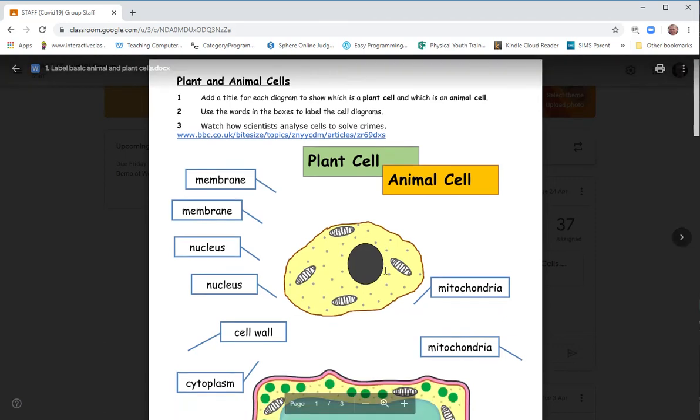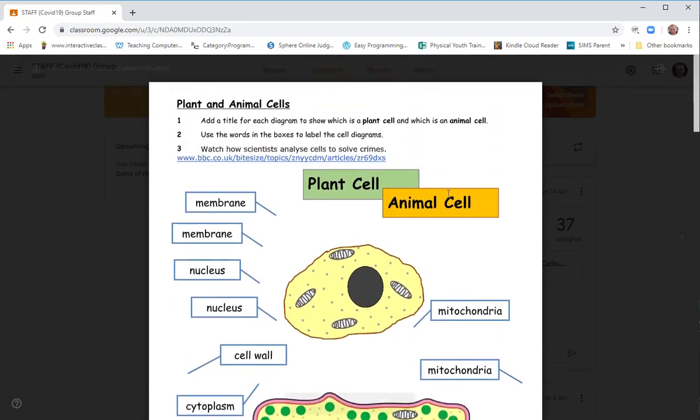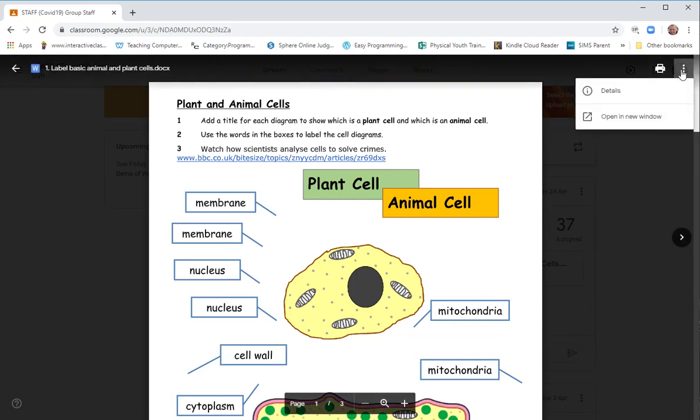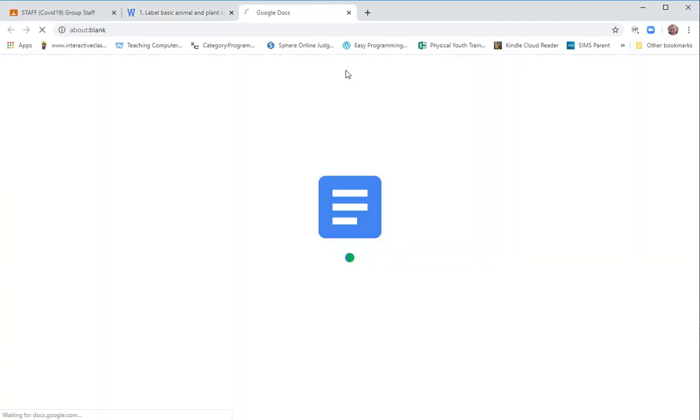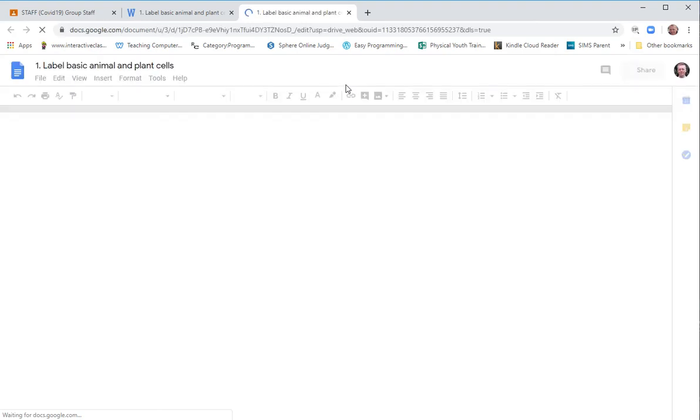So it's opening in this view without giving me any edit permissions. The only way I and any student can get access to that is to say open in new window, and again it looks exactly the same, and open with Google Documents. Now the moment I've done that, what's actually happening is it's simplifying the whole Word document into a Google-fied version